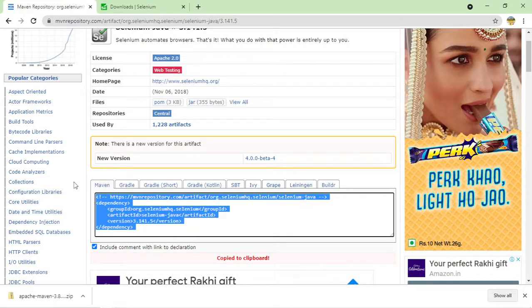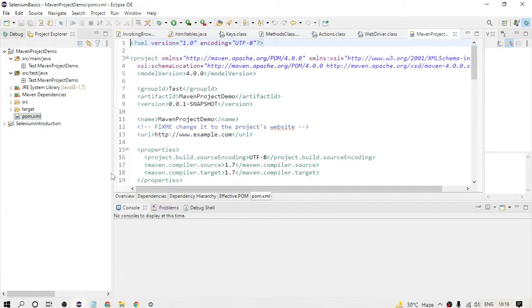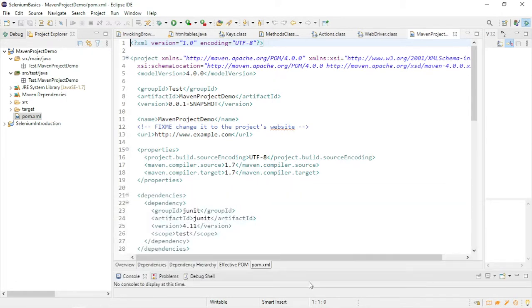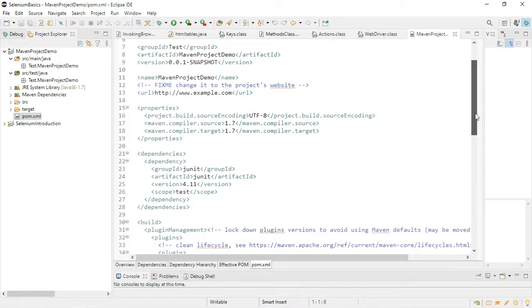So let me just copy this whole code and go to Eclipse. Here you can see by default it has given me some structure, so do not worry about this structure as of now. By default, this is the dependencies tag. From here it is starting, and from here it is ending. I will do one more thing.